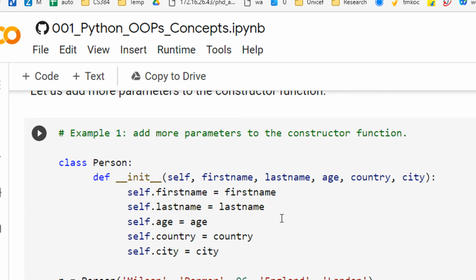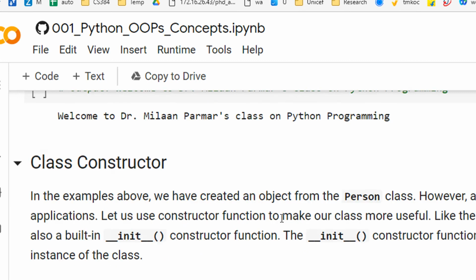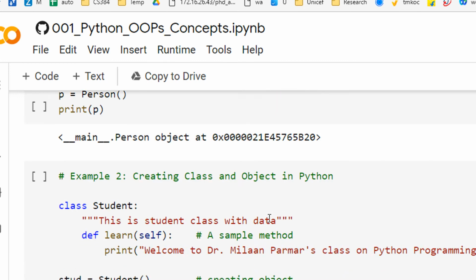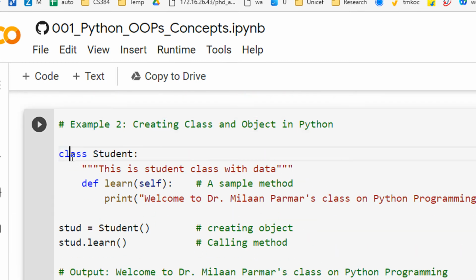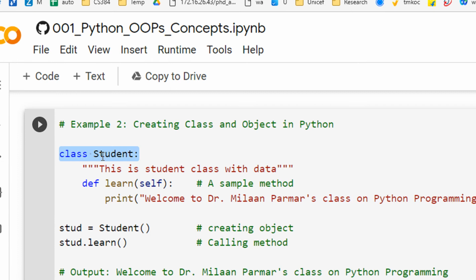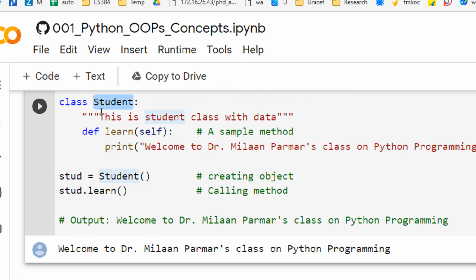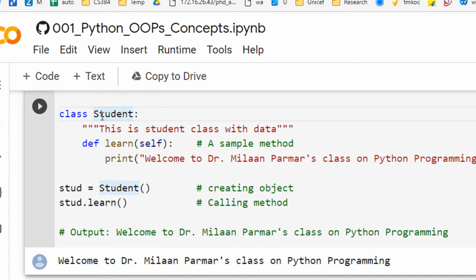So we saw an example here yesterday. Basically we have a class student. A class is like an inbuilt data type, kind of. For example, int, float, string are inbuilt. With class, you can create your own custom data types also. So I'm defining here class student, and for every class, you can define objects. For example, here we have a student object.